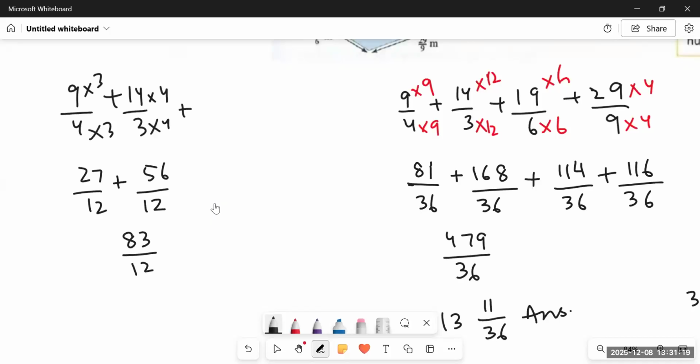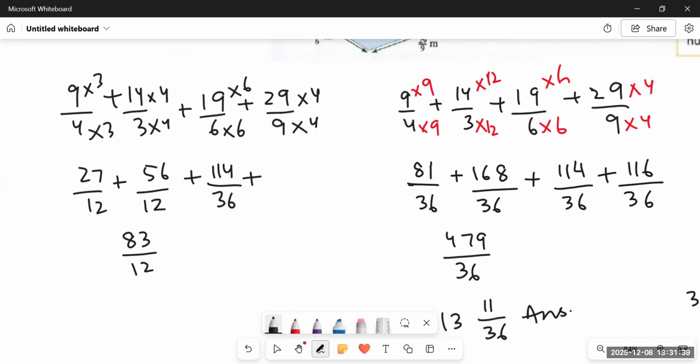After that, we will combine 19 over 6 and 29 over 9 together. For this, we know that 6 sixes are 36 and 9 fours are 36. So it gives us 114 over 36 plus 116 over 36, which is 230